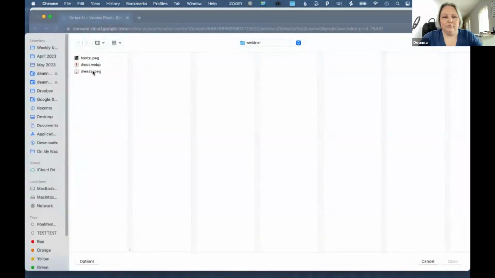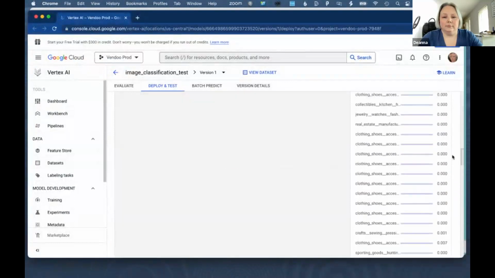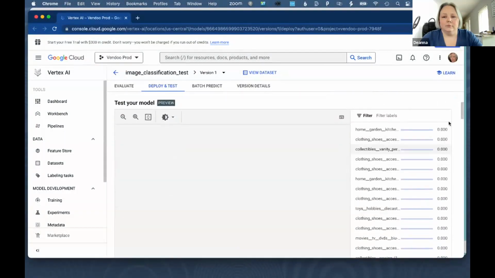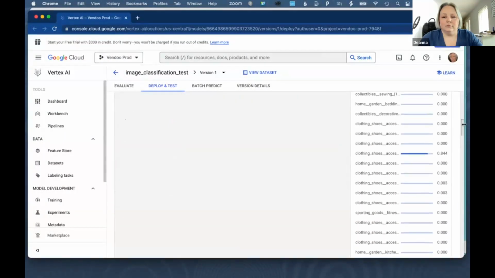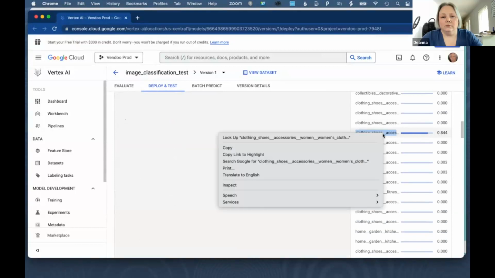So for this test, we're just going to upload a picture of a dress. There's my dress. All the categories are kind of on the side here, and you'll see it's 84% sure that it's this, which is clothing, shoes and accessories, women's clothing,